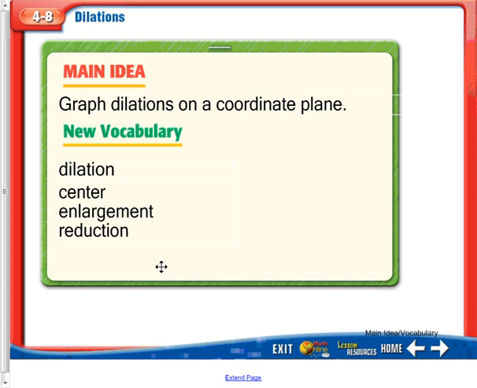In lesson 4-8, we're going to talk about dilations. When talking about dilations, I always tend to think about my eye and my pupils. When you go to an eye doctor, sometimes they put a drop in your eye that dilates your pupil, which in that case makes your pupil larger, so that way when they look into your eye, they can see more